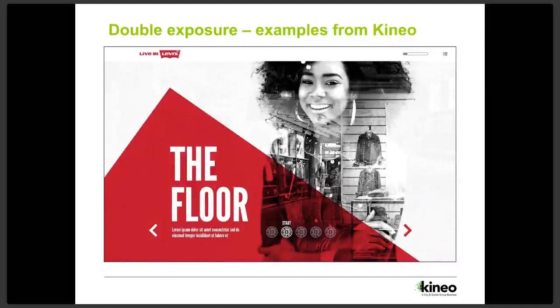So this is something we developed here at Kinyo for Levi's. Basically, you could imagine this girl is a shop assistant, and this is the interior of her shop. It's all about the working of the store and the salespeople that work there. So it's stylists, they call them, and the role that they take for Levi's. So it really tries to get that across through those people, as well as representing the kind of people that would work in those stores.